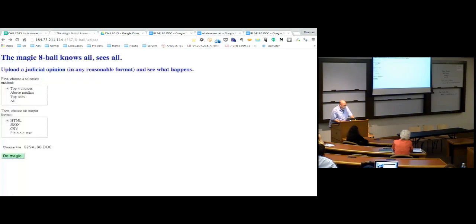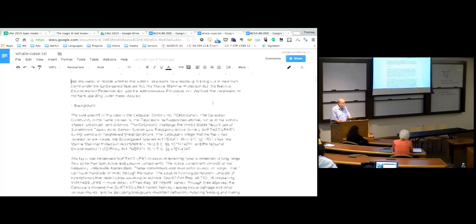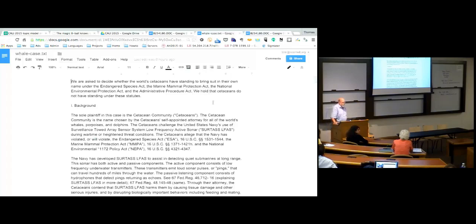Similarly, I don't know how many of you are familiar with this, but Pablo, I think, was intimately familiar with this. There's a book about it, I am now told. This was a case in which all of the world's whales sued George Bush and Donald Rumsfeld over the U.S. Navy's use of certain kinds of sonar. Now, this is not something that, so far as I know, you can find in the West key number system. Although I welcome corrections from any librarian sufficiently familiar with the West system to tell me.